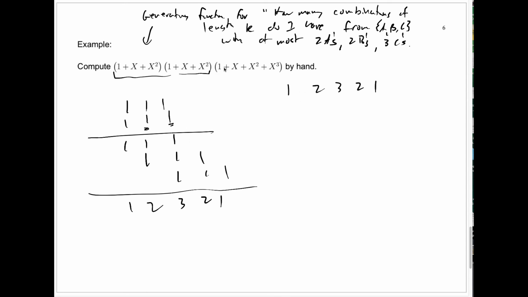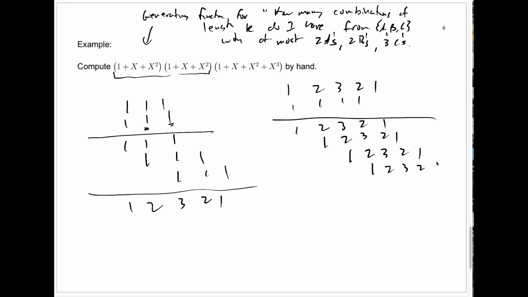Now I'm going to multiply that by 1, 1, 1, 1. And of course, this is very easy. It's just 1, 2, 3, 2, 1. That's what I get when I multiply the 1, 2, 3, 2, 1 by this first one. For this second one, I shift over 1, 2, 3, 2, 1. For the next one, I shift over again. And for the last one, I shift over again. And then I add: 1, 3, 6,